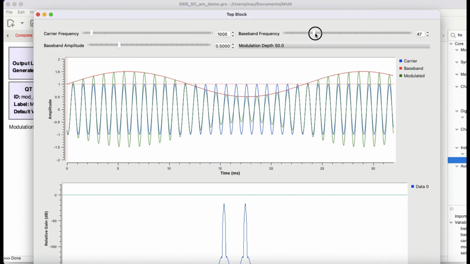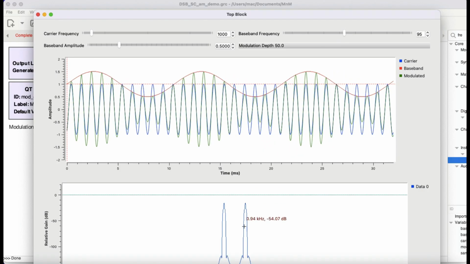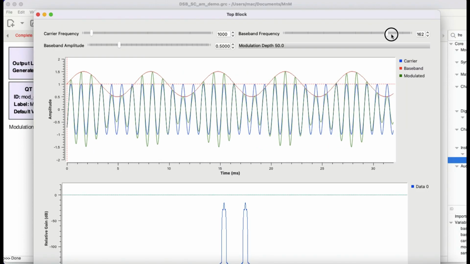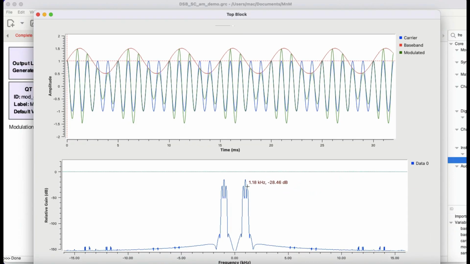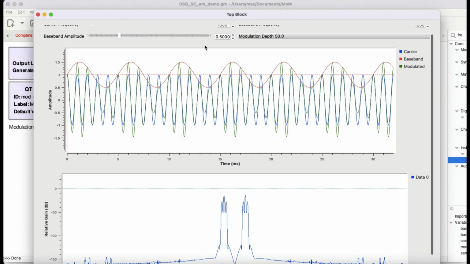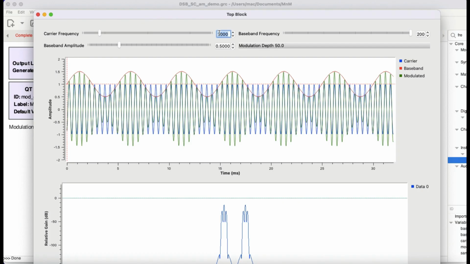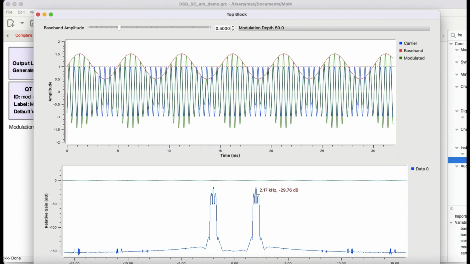So let me increase the baseband frequency a little bit, and then you can start seeing the gap right here. Let me go about 200 hertz. Because your baseband frequency is quite small, you would expect to see 1 kilohertz plus 200. So let me go about 2000. All right. And so when you look at it, you would expect to see around